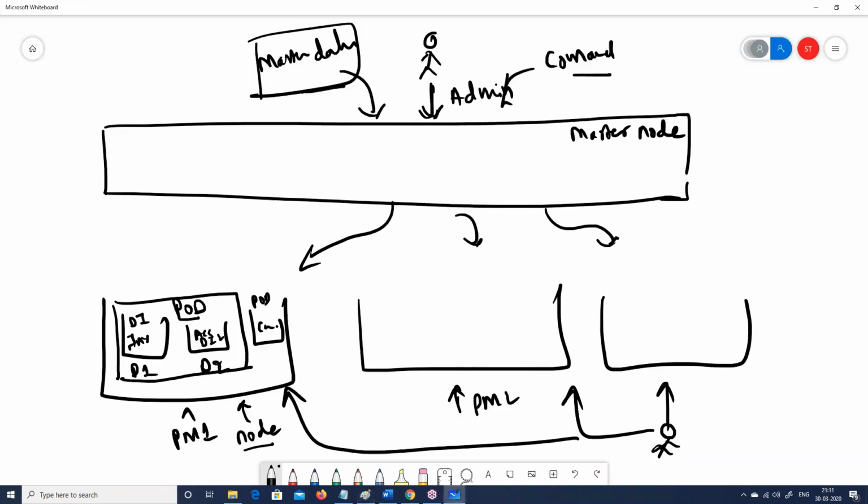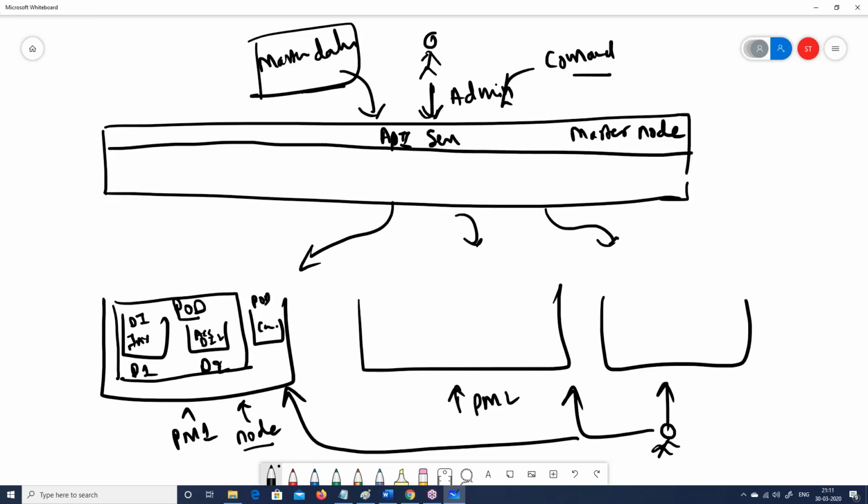Now, whenever this request comes, it comes to this API layer. Guys, don't go too much on my diagrams. I'm just trying to make sure that you understand the architecture. But remember that at the end of the day, when you're working on actual Kubernetes, you don't even know you are installing on a node or a pod. You just install, you just update, right? It is very much abstraction for you. But at this moment, I just want to make sure that you know all these layers, because when you fire the Kubernetes command, you will see those names coming up, pod, node, right? So that should be clear, right?